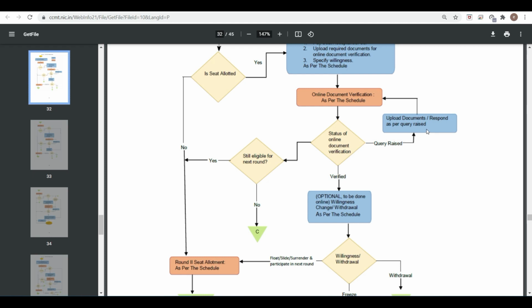Suppose they have told you that the picture or image you uploaded, or the document, is not clearly visible, upload again. Then you will get time to upload that document again. But if your documents are not as per the requirement, are you still eligible for the next round? Yes, you are still eligible for the next round, so continue. If there is something wrong with the documents, or you could not upload the document at all, then you are also eligible for the next round. So friends, this is all about the documents.